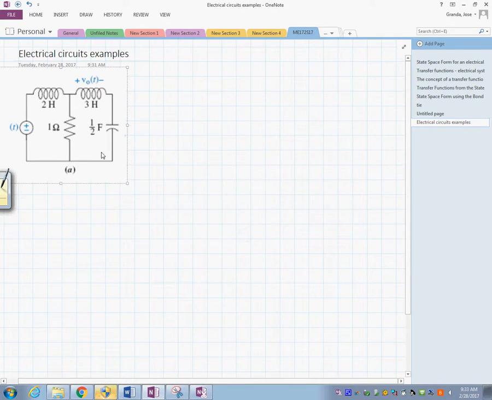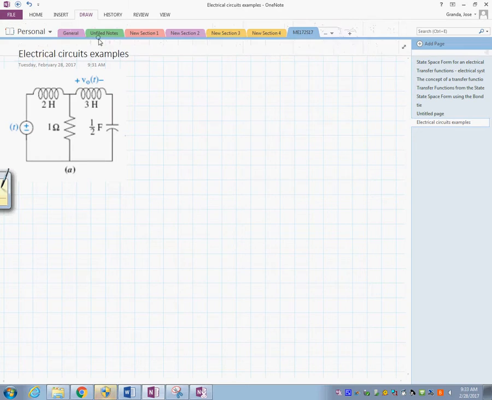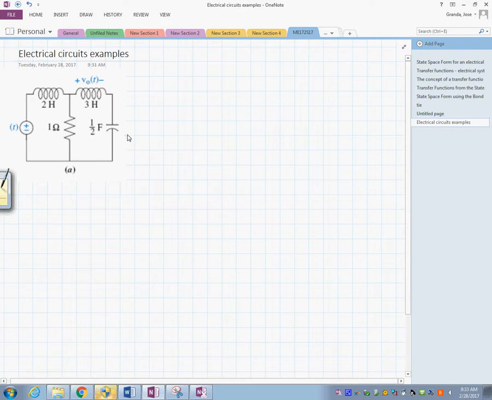Okay, let's say first we're going to define the outputs. You have the numbers here, but I'm just going to label them L1, and this is going to be R1. Let's call this L2, and this is going to be C. And also it says voltage output, so the outputs in here